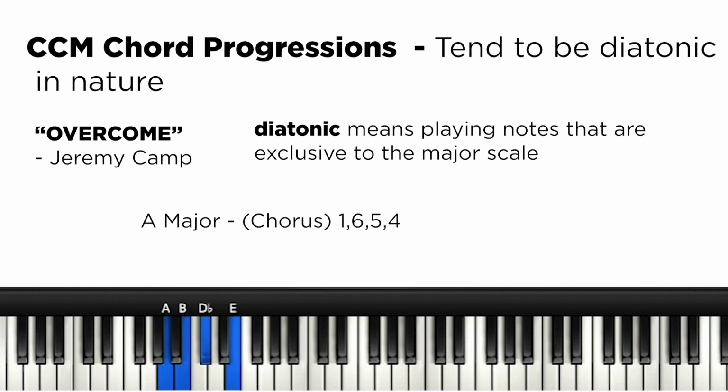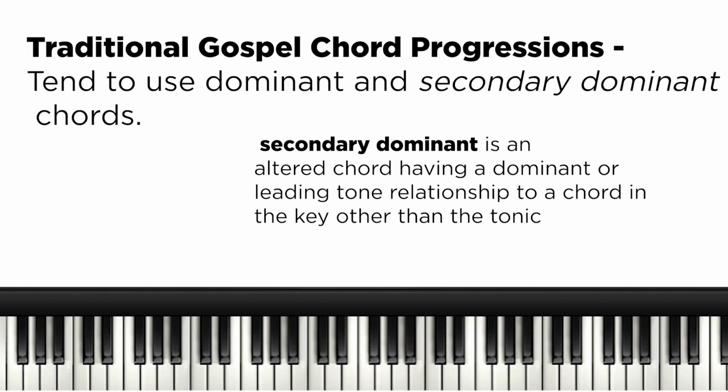So yeah, we have our major. I'm way down here. I'm sorry. We have our major here, and then of course another major, minor rather. That's for A, and of course we're going to have our 3, which is going to be minor again, and our 4 is major, 5 is major, 6 is minor, and the 7 would be diminished and back to 1. That's what I mean by the numbers. So with traditional gospel hymn progressions, you're going to largely have dominant and secondary dominant chord changes. So gospel music is melodically driven, and it's motivated by harmonic phrases and has a strong tonal center.